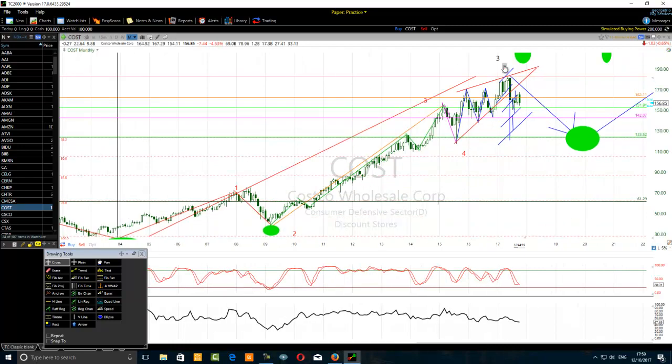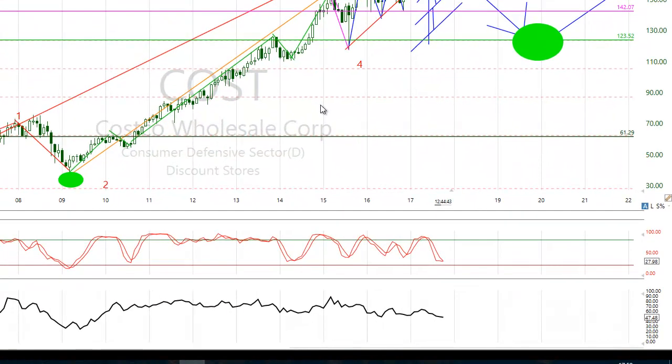So you see one move down, now it's slowing down. You may do another move down to the pink line and so on before probably coming near the level of 12352. That remains to be seen, all right? But the mistake that one can make here is to assume that, this is the ending diagonal, it's going to crash down, and you may not see a crash, you may see a gentle pullback because of the higher degree